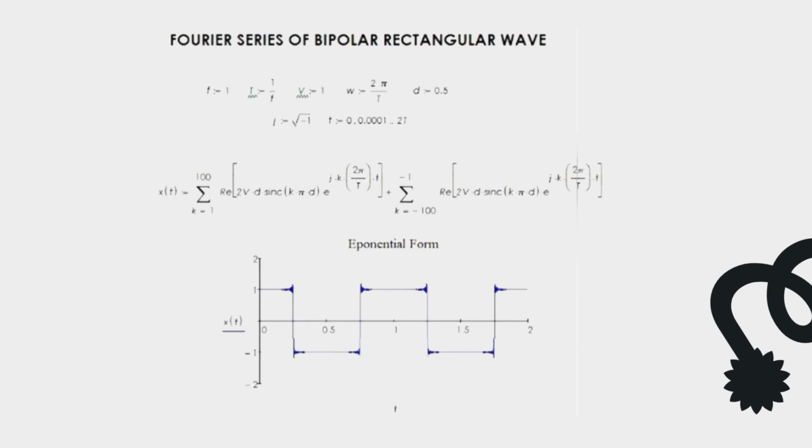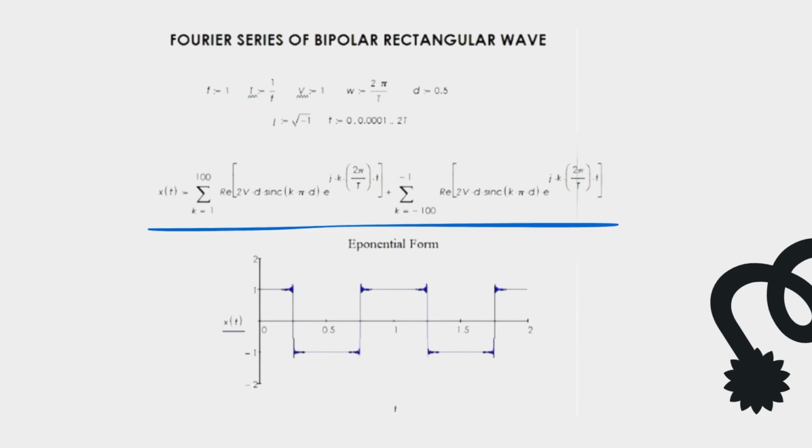So for the form of the bipolar rectangular wave, or the Fourier series of the bipolar rectangular wave, we will use the frequency of 1, T of 1 over f, B is equal to 1, w is equal to 2 pi over T, and D is equal to 0.5. The j is equal to the square root of -1, and the time is 0.001. So for the exponential form, we will use the formula for exponential form, and we will substitute the coefficients,